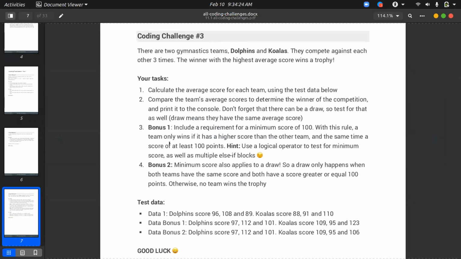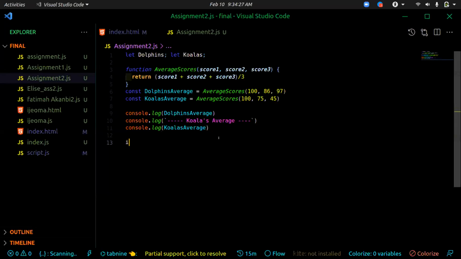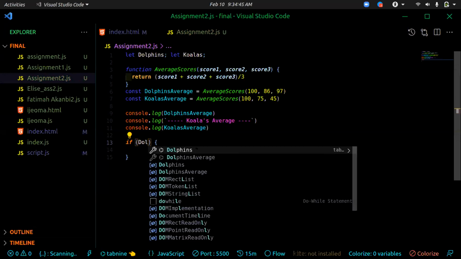And how do we do that? We do that by simply stating if, then the normal brackets that we do, and the body of the condition, or what we want the condition to do. So what are we testing? We want to test if the average score of the first team is greater than the average score of the second team. So we can say if Dolphins